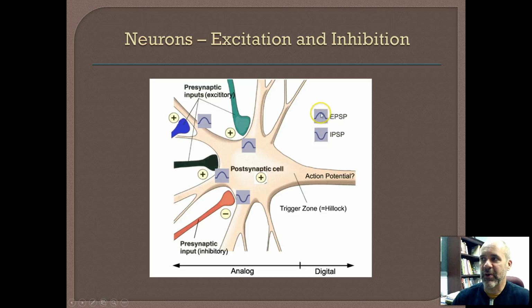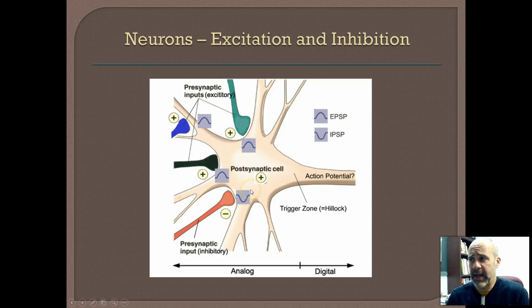So that's why they're showing you here on the graph a little hump upward, that's depolarization locally. Inhibitory, you're hyperpolarizing. Your voltage is dropping down even lower than normal. And it's the sum of all of those together. If you have lots of excitatory stimulation, eventually that stimulation is going to make its way over here. The voltage is going to go up enough here at the axon hillock to trigger an action potential. If you have too much inhibitory stimulation going on,